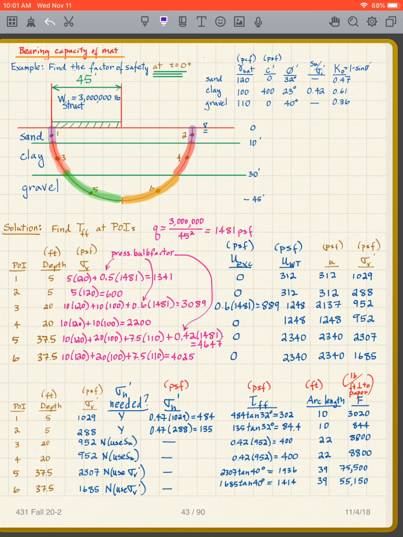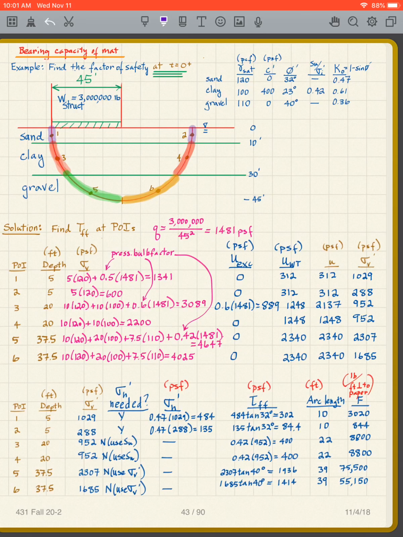Okay, so because it's clay, I don't need it because I'm going to be doing my total stress analysis in the clay,